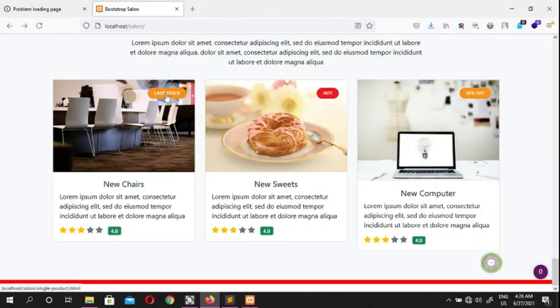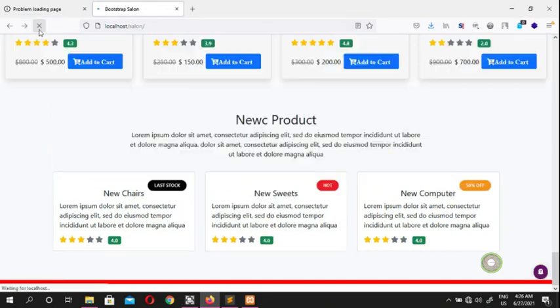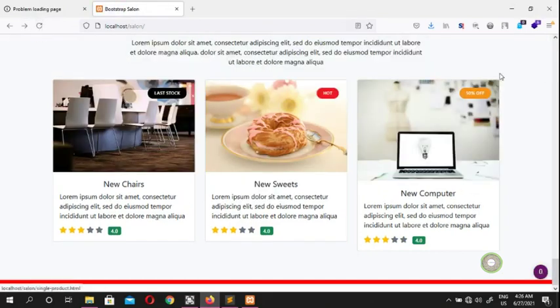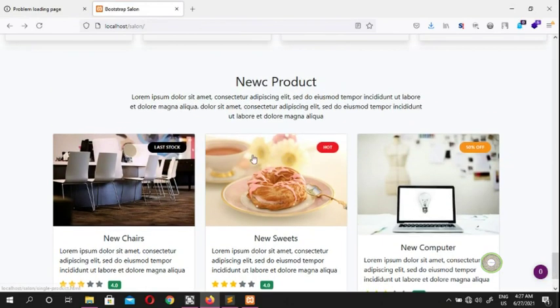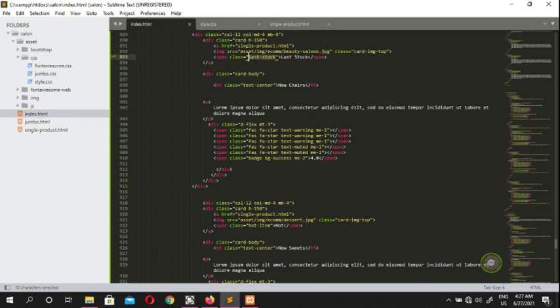Okay, so you guys see that the last stock's here, but how about if we change the color to, say, black? 00000, that's black. Okay, so you guys see I've made 3 different badges. That's a badge, that's a badge, and that's a badge. So if we try to do that through the class, say, last stock badge,